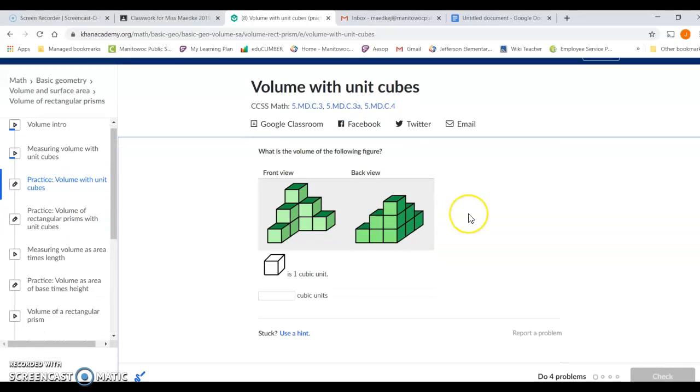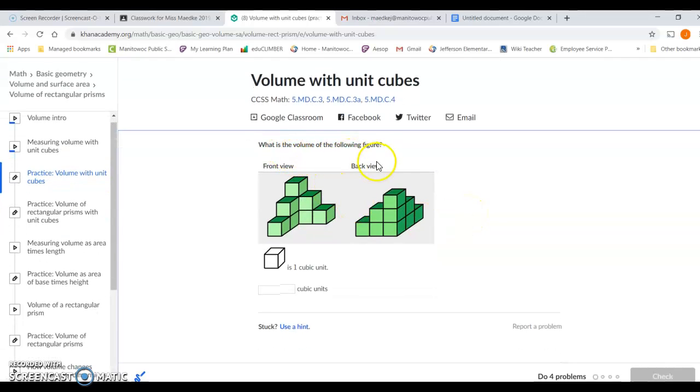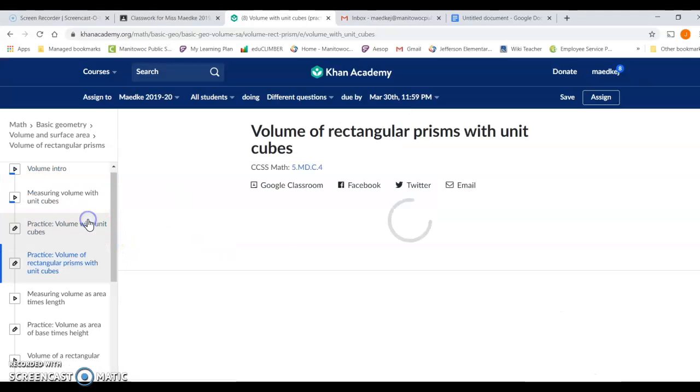When you click on this, it's going to say, what is the volume of this figure? So we go here and we say, how many cubes are there? We have 1, 2, 3, 4, 5, 6, 7. We have to break those down into squares that work to figure out what we are doing. So we need to make sure that we are looking at this. There are practice problems. Then it says down here,